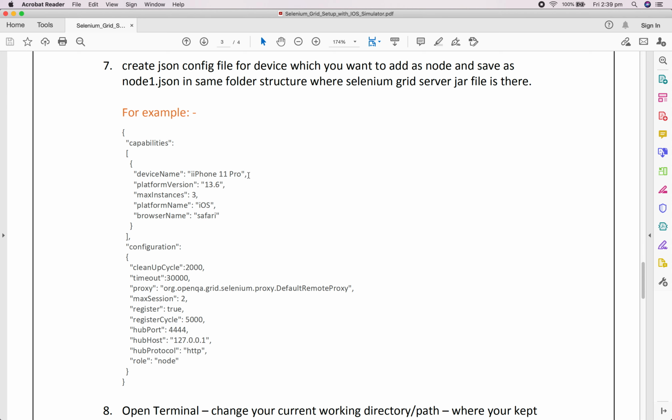In my case I am adding a device called iPhone 11 Pro, platform version 13.6, number of instances 3, and it will run on platform name iOS and the browser is Safari. These capabilities will be used when we try to connect this hub server with our code. On this basis only we will be able to connect to the particular node.